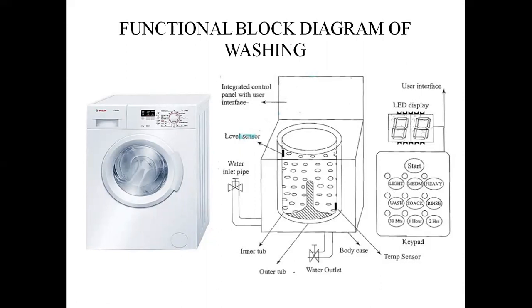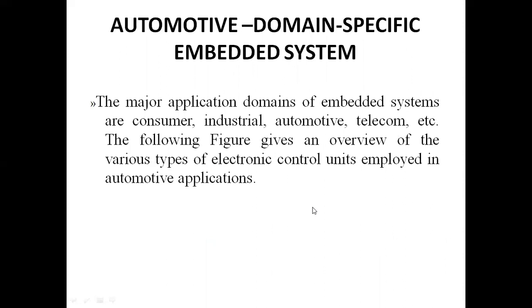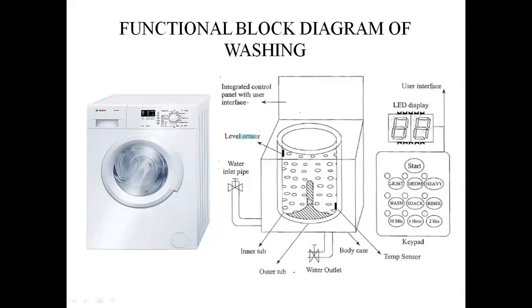So the actuator part of a washing machine consists of a motorized agitator. So this is an agitator which is motorized, which is inside and invisible. Here they fix a motor, which works to pull this agitator upwards and downwards. And there is a tumble tub. This is the tumble tub, and a water drawing pump. So this is the inlet pipe where the motor will draw the water from here, and the outlet valve from where the water goes out.